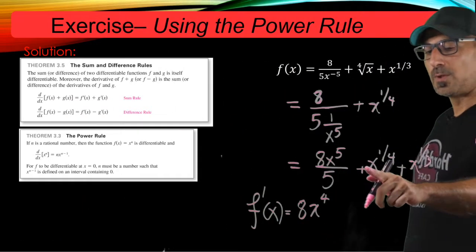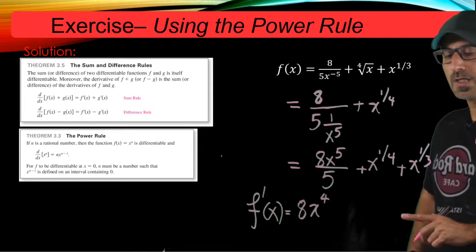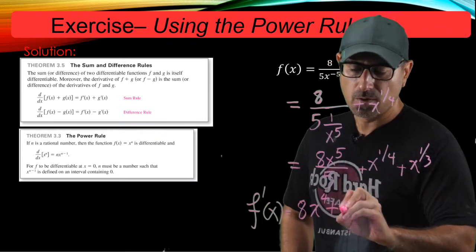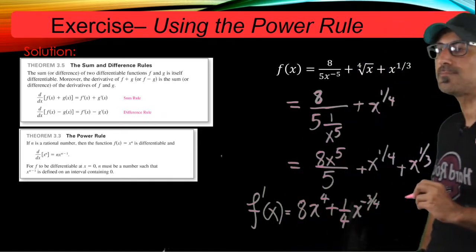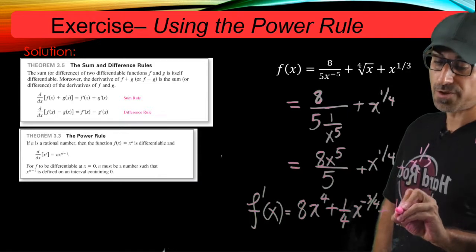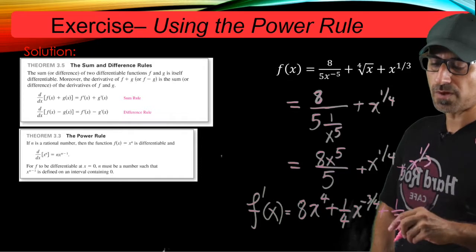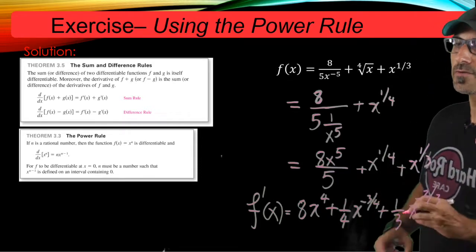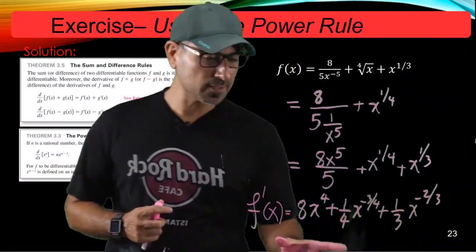And for this one, I'm going to multiply this expression by this exponent, so 1/4 times x to the power of 1/4 minus 1. So it should be 1/4 x to the negative 3/4. And I'll do the same thing for this one. So it's 1/3. So I multiply this expression by this exponent 1/3, and subtract 1 from the power. So that makes it negative 2/3. The derivative of the function is a brand new function that has a different expression